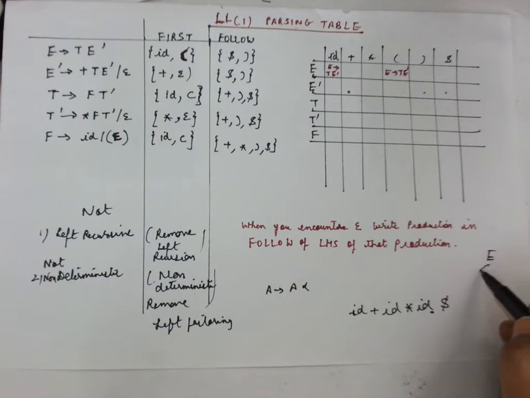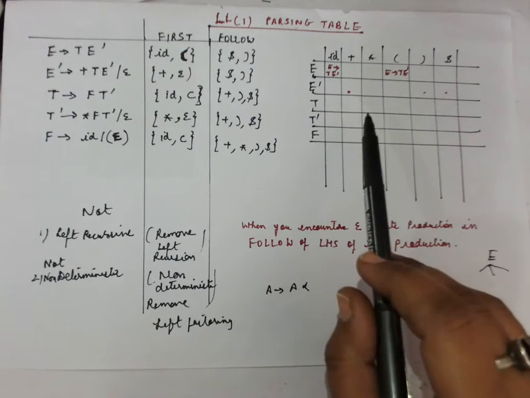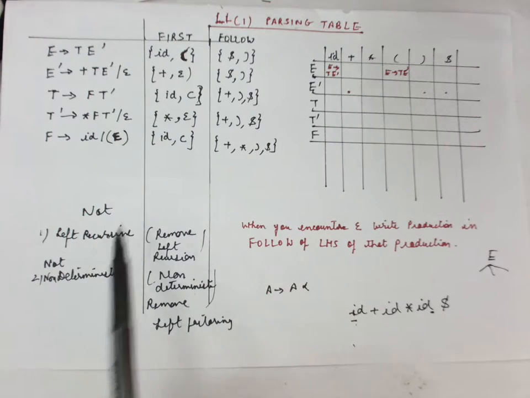So which production rules should be applied that would generate this first ID? Similarly, we have to see for the next production rules so that we generate this particular string. In the case of this LL(1) parsing table, we should have only one entry. So for example, we have over here E and this is ID.